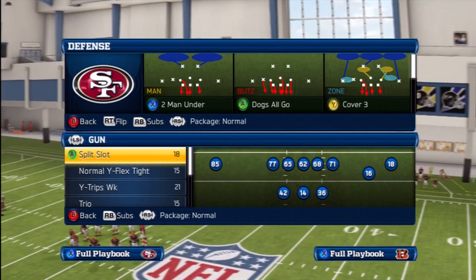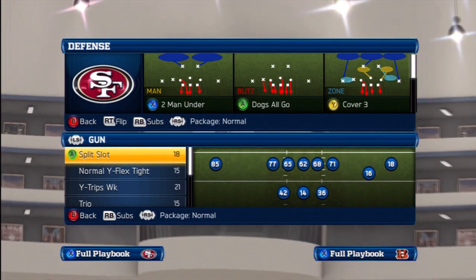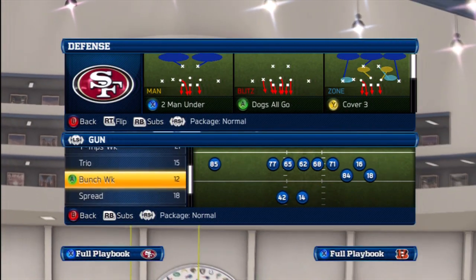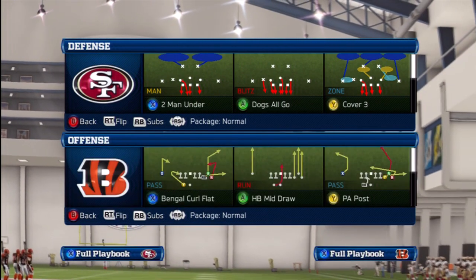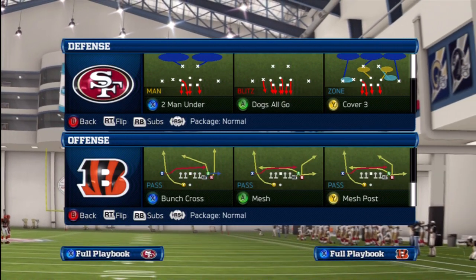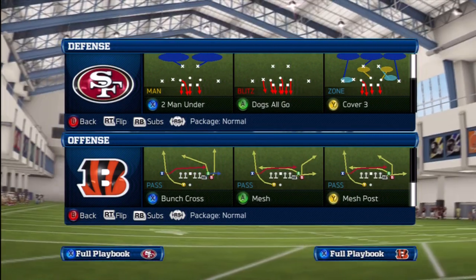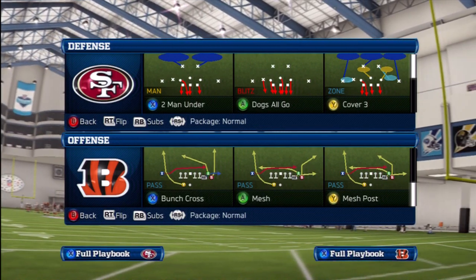In this video, we're going to take a look at the Cincinnati Bengals offensive playbook. Specifically, the formation we're going to be looking at is the bunch weak shotgun formation. We're going to be looking at the hidden close bunch in this formation. The play in specific that we're going to be paying the most attention to is bunch cross. However, feel free to use the mesh and mesh post as plays that you can use to kind of form